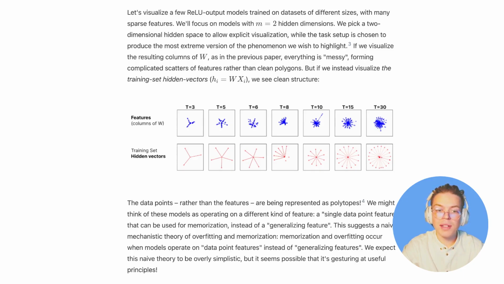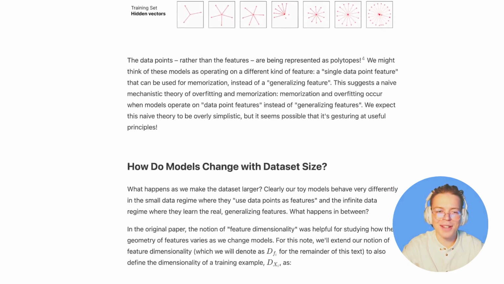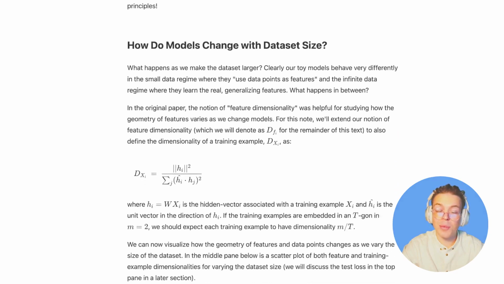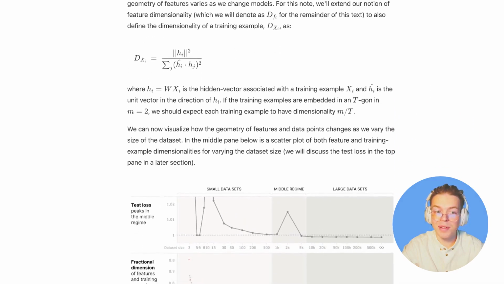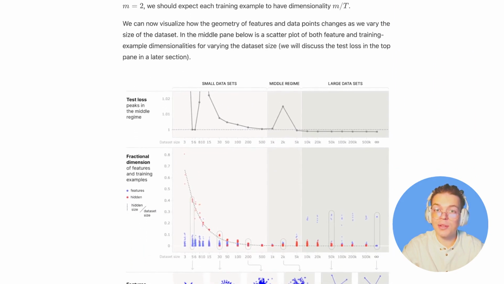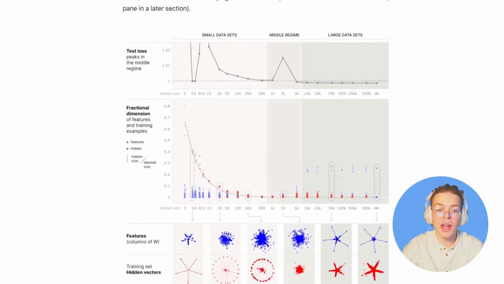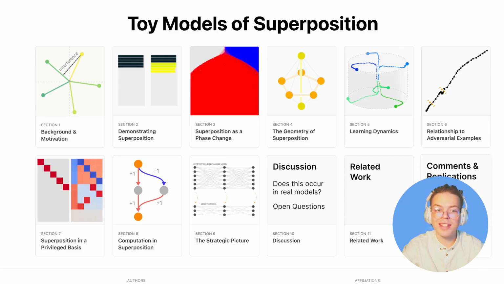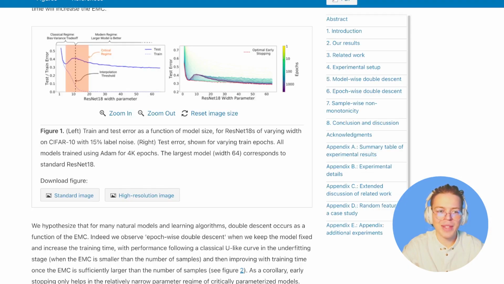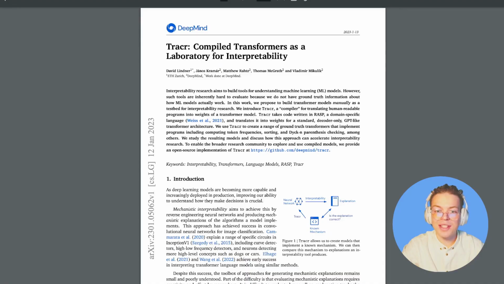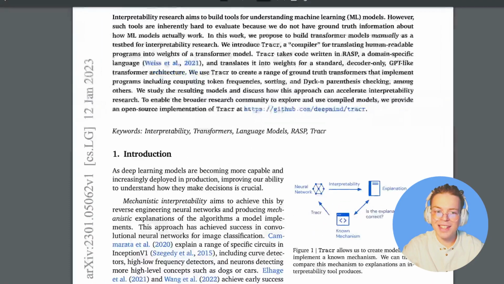And going even deeper in the paper, they find that this generalizes to larger dimensions, in their case 10,000 dimensions, and that the transition from overfitting on smaller datasets data points to generalizing to the actual data features seems to be the reason for the famous double descent phenomenon, where a model sees a dip in performance, but then becomes better afterwards.